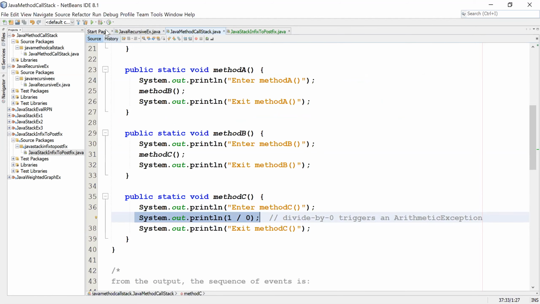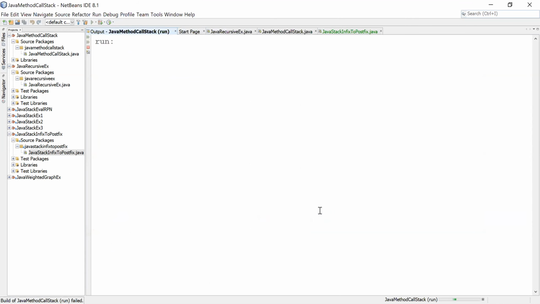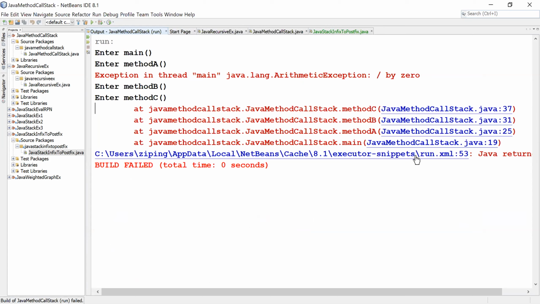Let's see what's going to happen. Can you see the running result? Yes. Okay, very good. Did you see it says enter main, then enter A, enter B, enter C, and the exception